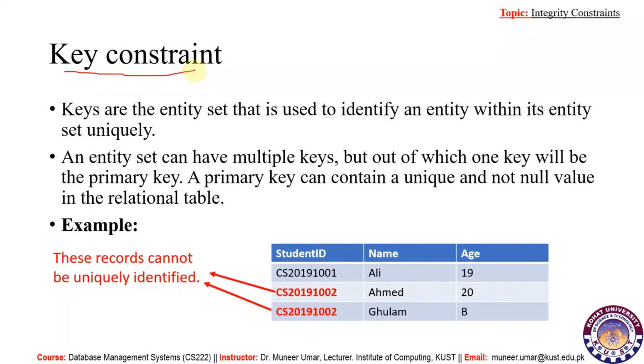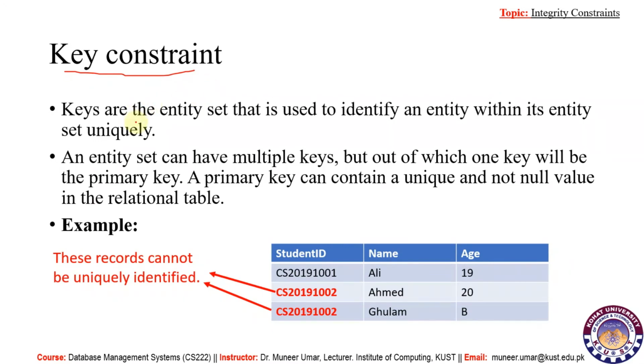This type of constraint is also associated with the primary key. Here we clarify that the primary key must be unique and it must uniquely identify a record in the relation.